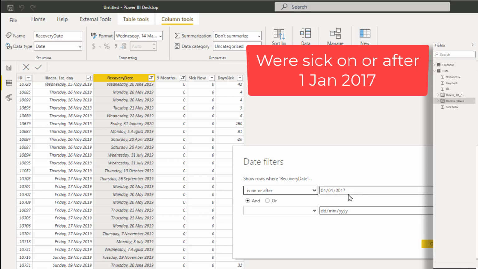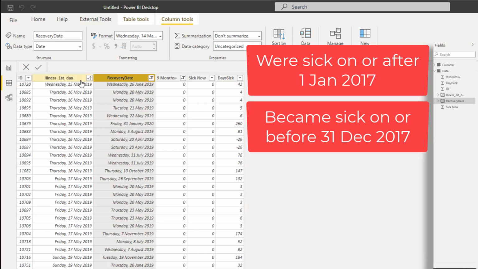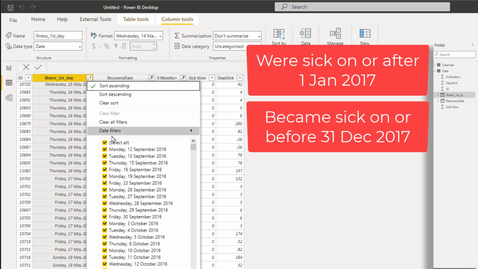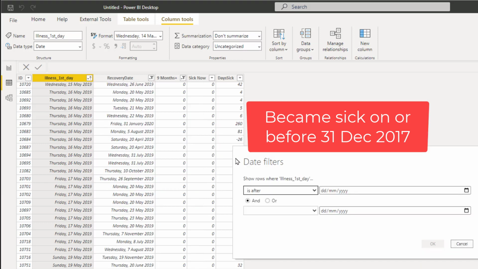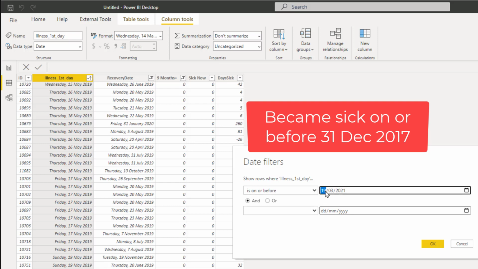This person has recovered on or after the 1st of January 2017. But we also have to check that their sickness was on or before the 31st of December 2017. It's actually quite hard to get your head around this logic, but it's so much easier if you actually do it here. So is it on or after? They had to have been sick. In fact, it's not on or after, it's on or before the 31st of December